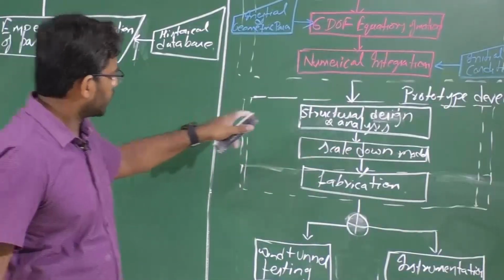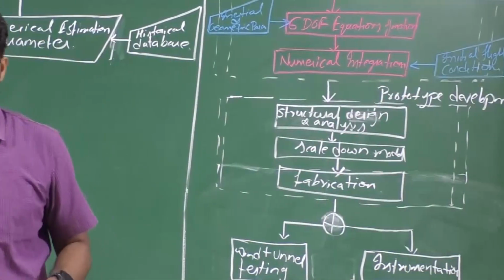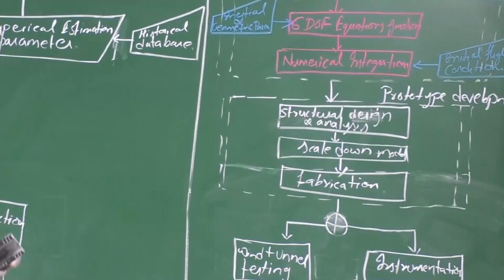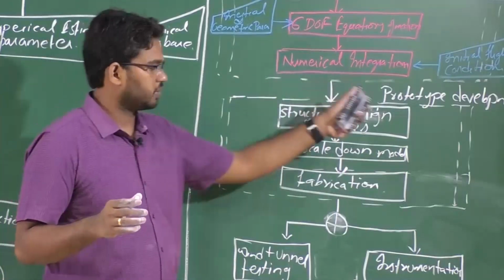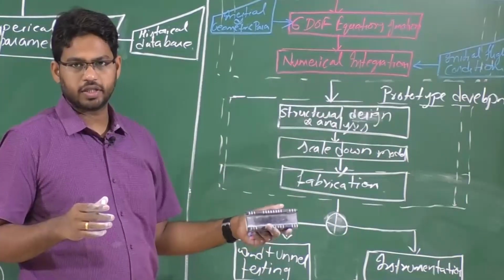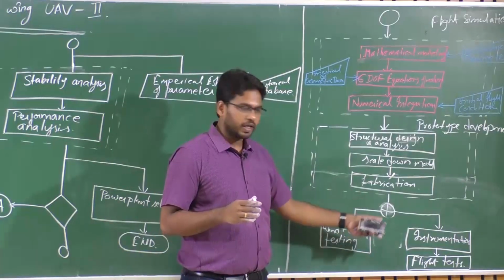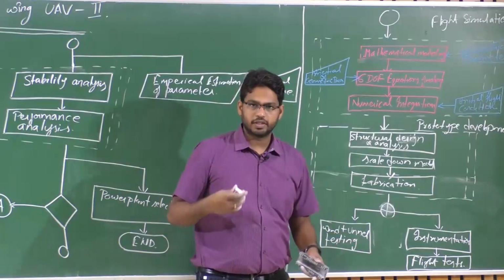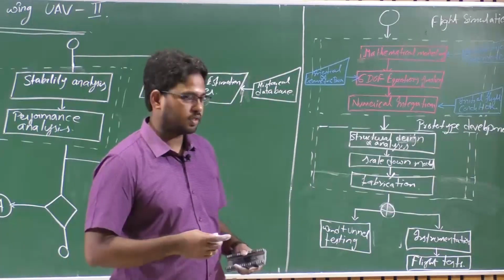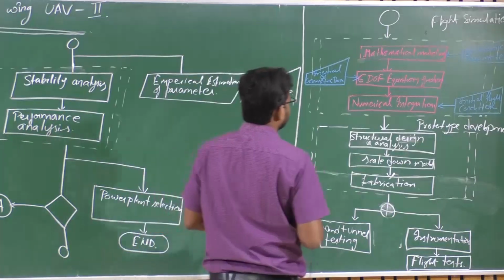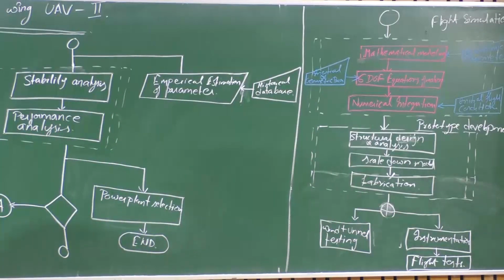And then you can proceed with the structural design, see if there is any change in the stresses acting at the joints, or whether the change in CG location is changing the load distribution significantly, right? Look at that and then proceed with the flight test, and then get the data. The wind tunnel test is a costly affair again, and of course the flight test. So at each and every level you have an iterative approach here.